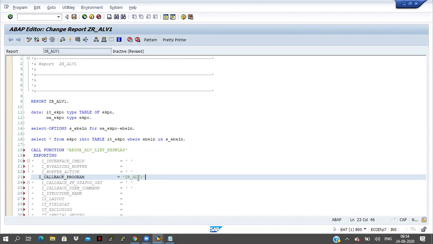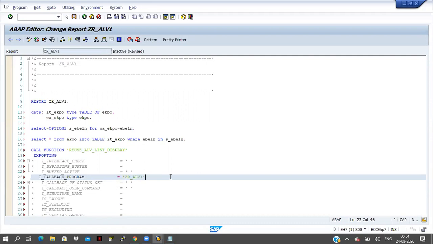So this is one way. Just copy the program name and paste it in the single quotation. But in real time, we should not allow hard coding. If you write something in the single quotation, that is hard coding, a fixed value. In real time, they won't allow you, sometimes. That will depend on the company. A few companies won't allow it if you write code in single quotation.